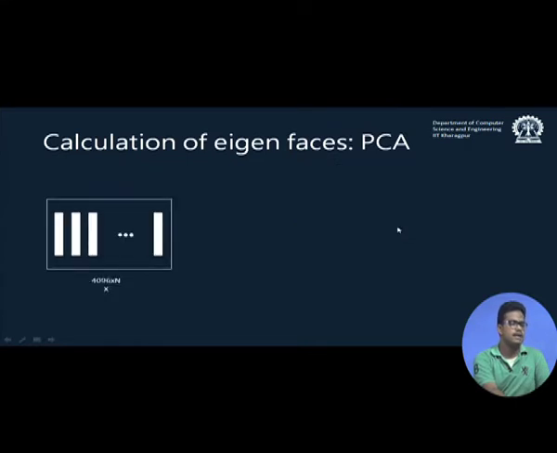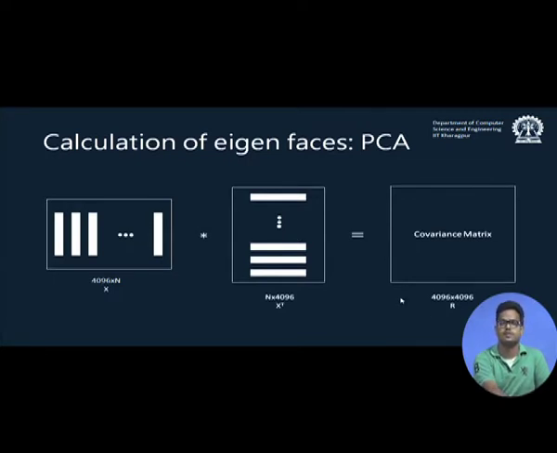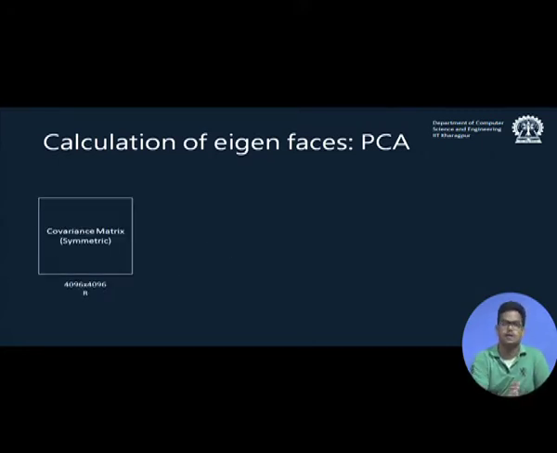Next, we go ahead and calculate the covariance matrix of the data. So, we multiply X with the transpose of X, and we have R, the covariance matrix. The dimensionality of the covariance matrix is 4096 cross 4096. The principal components will be the eigenvectors of the covariance matrix, and we will see next how to calculate the